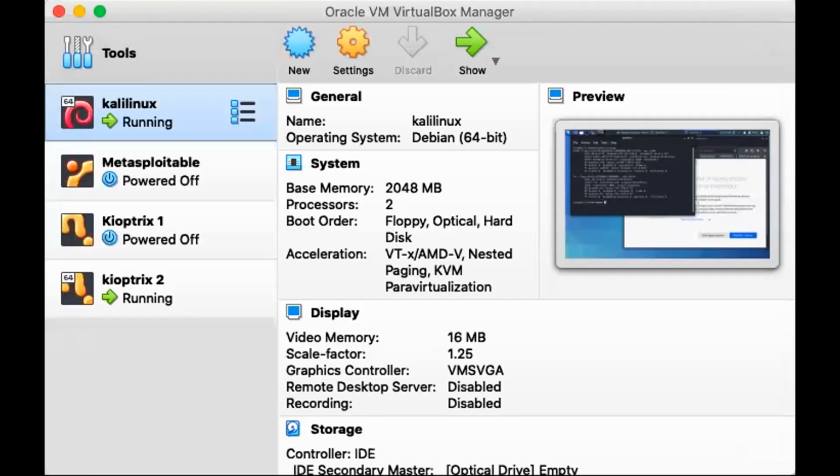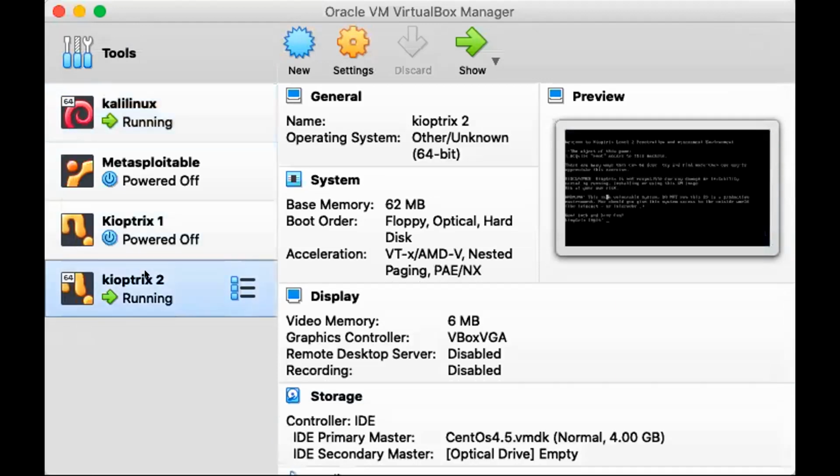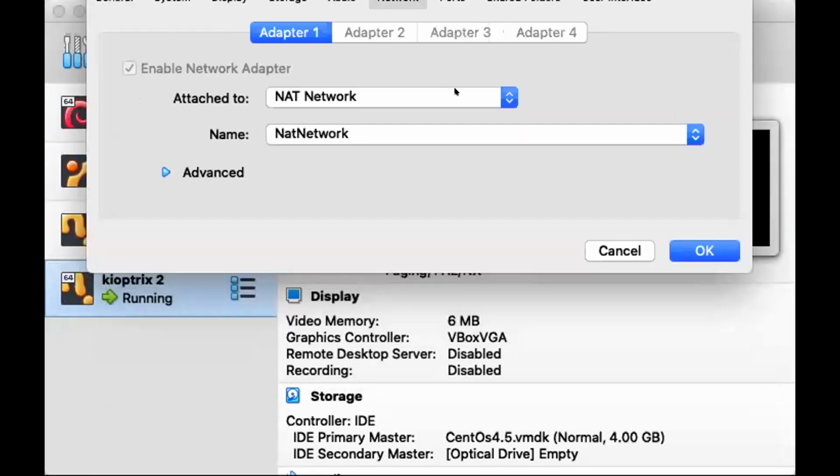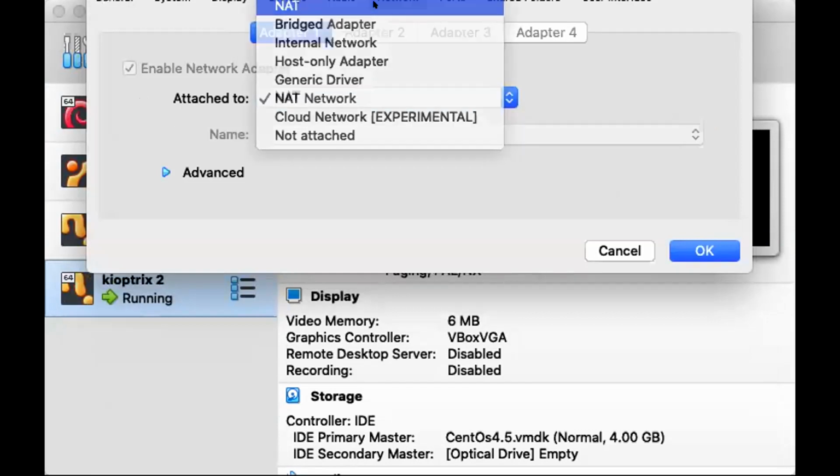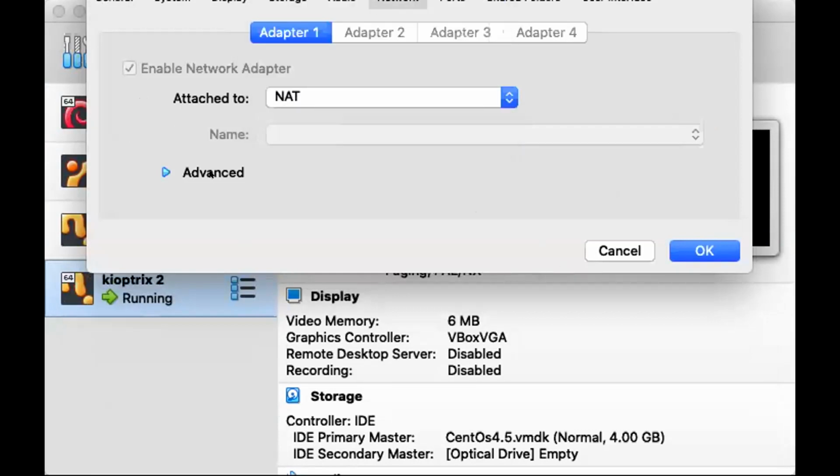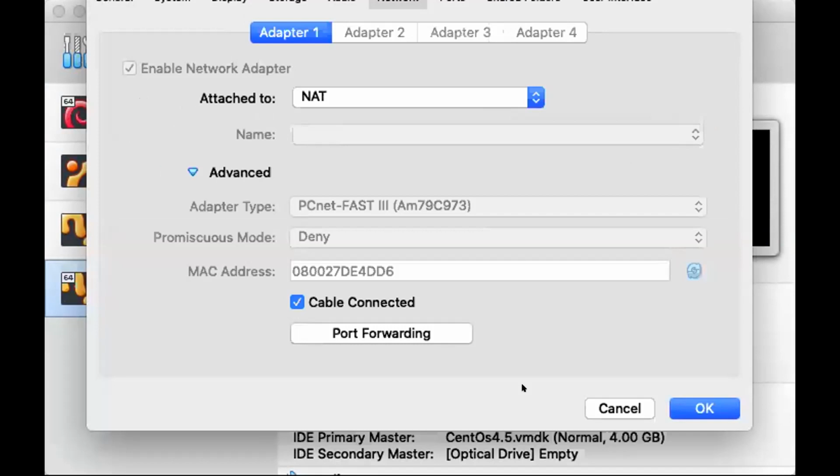Go inside your Qupatrix settings. Click on the Qupatrix settings. NAT. Okay, fine.